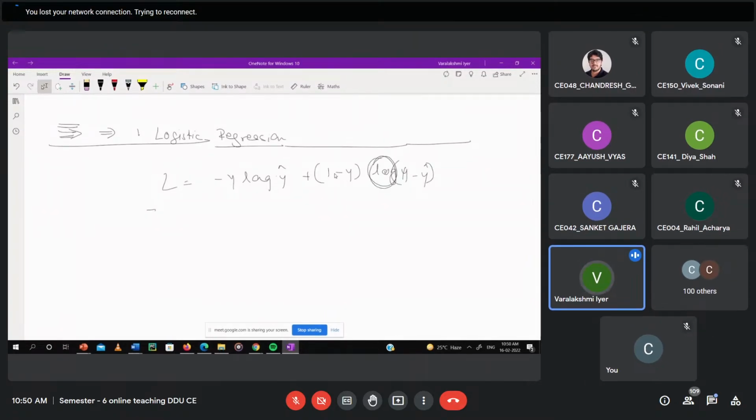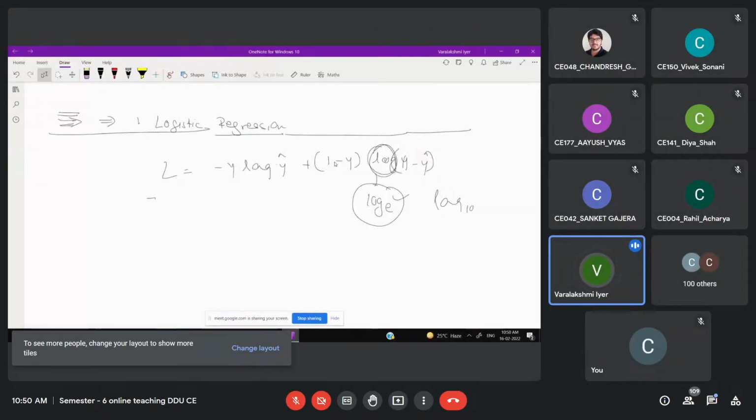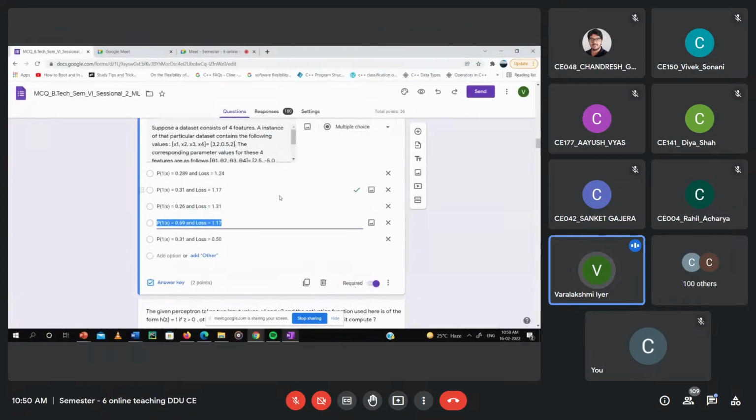And in this case, it was log to the base e, not log to the base 10. So I suppose everyone didn't make a mistake in that one. So the correct answer is the